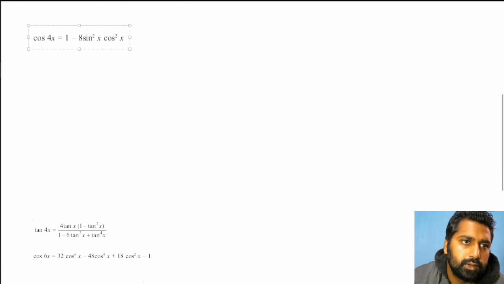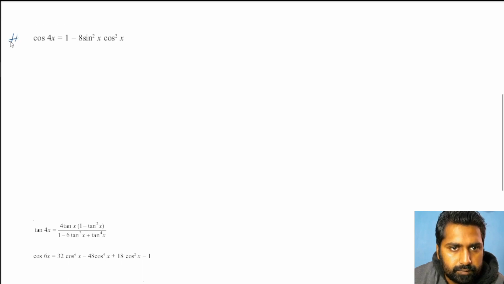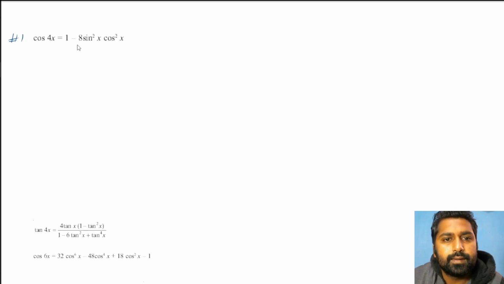All right, first question, you have to prove cos 4x is this. Now cos 4x, first of all look at this angle, 4 times. Of course we cannot directly deal with 4, there is no such formula for 4. So what we can do is we can write this as cos of